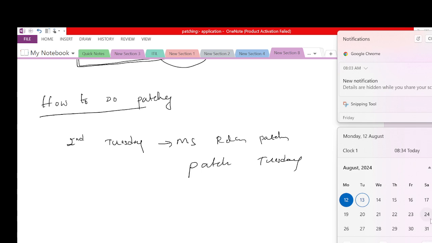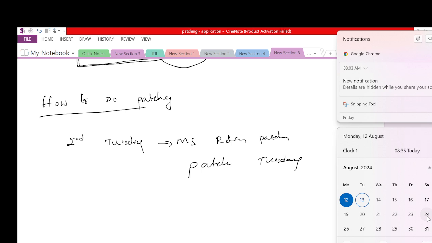Weekends only we will normally do the patching. Second Saturday or third Saturday they will do the patching activity. Okay, if somebody asks you, you can tell: in our case we do the test environment on the second Saturday, and the third Saturday we do the production patching, because we want to understand whether there is any issue or not. If there is no issue, we can straight away go and install the patches in the production environment.